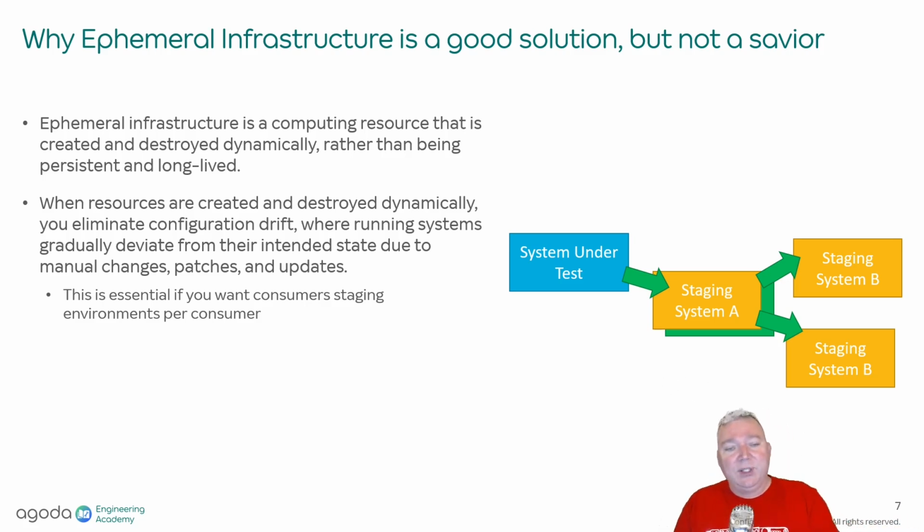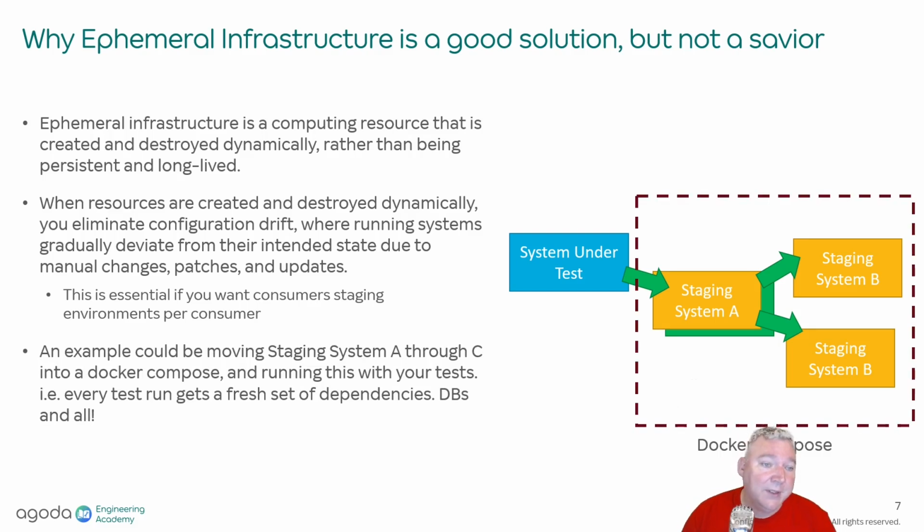And you end up with inconsistent behavior between the servers, and it becomes very unmanageable at scale. So if you are having to maintain multiple copies of backend APIs for different consumers, this will definitely help. An example would be, in this example, with our 3 staging systems we're using for our system under test,